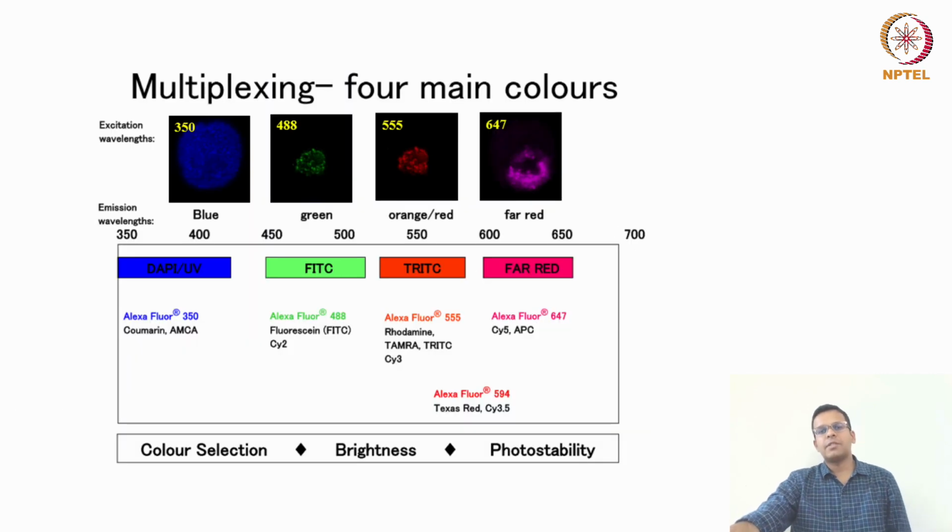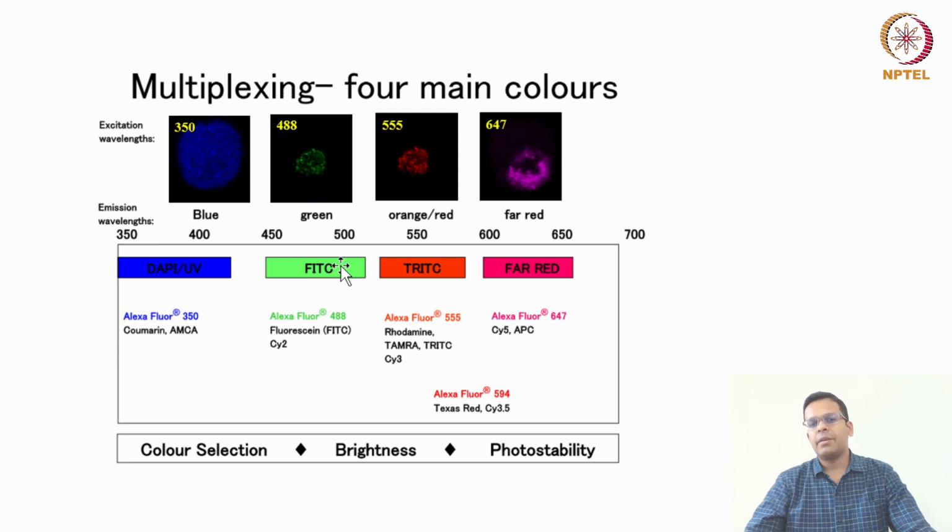So generally in fluorescence microscopy, we can do multiplexing for mostly up to 4 colors. Okay, so you can see 4 things simultaneously because of the limited wavelengths available in the visible spectrum and limited dyes. Okay, you can use 4 different dyes to label 4 different structures or proteins. Okay, so blue color generally stains the DNA. The dye that is generally used for labeling DNA or the nucleus is known as DAPI.